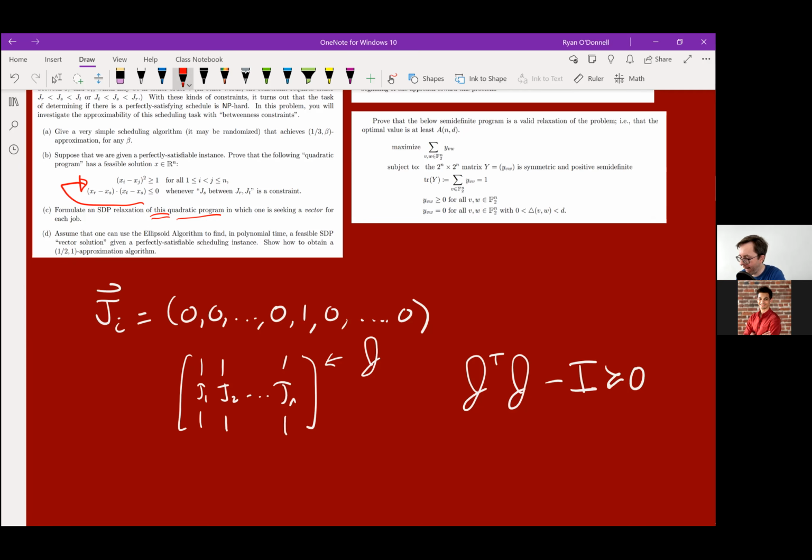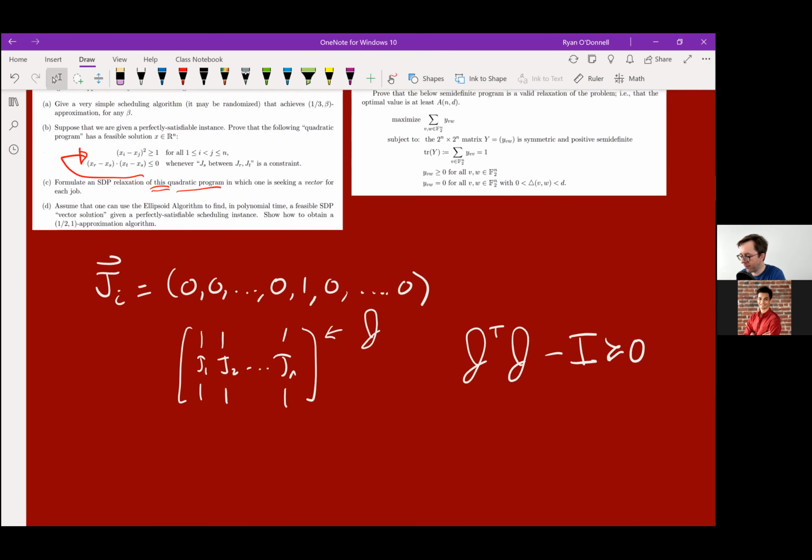So the SDP relaxation of the part B quadratic program, when we're formulating it, that's usually assuming that the x_i's, which are real numbers, are vectors instead. That's how Max Cut did it, in some sense. So is that, sorry,